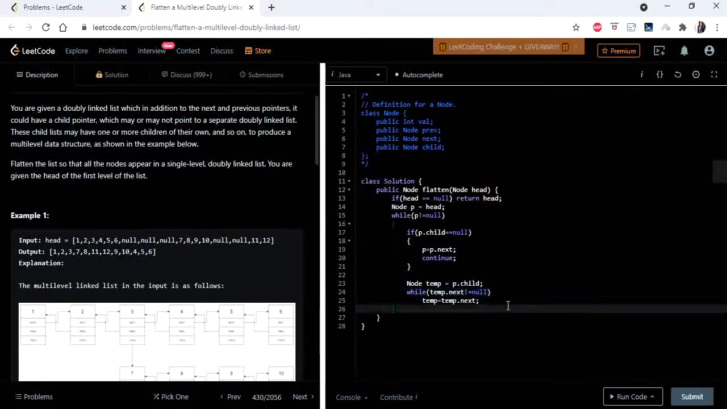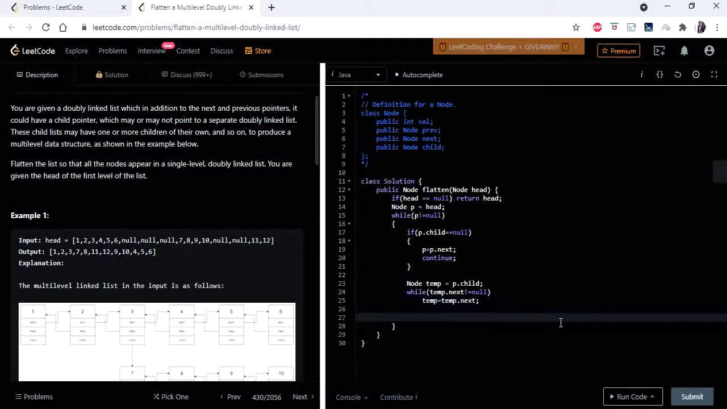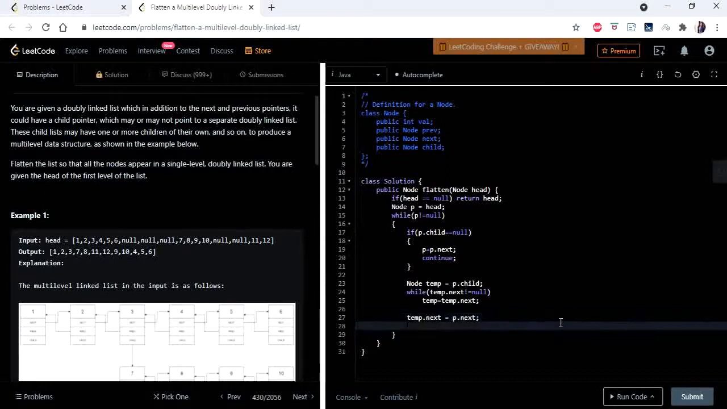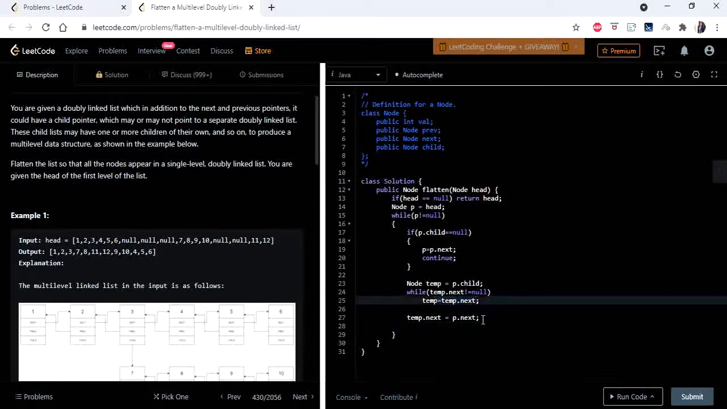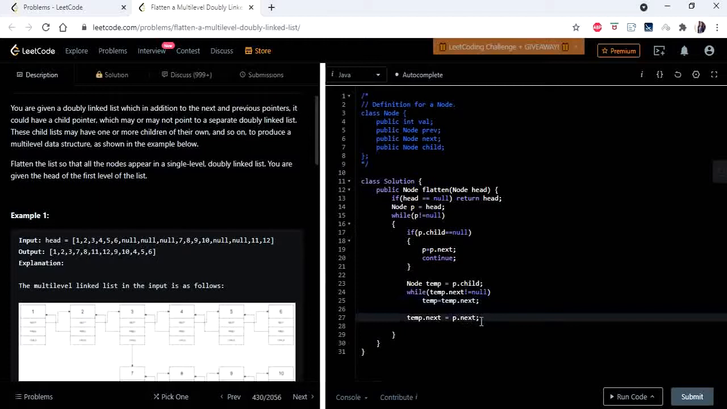Since it reached the null, it's time to connect temp.next to p.next, because we kept our pointer p towards the previous node. So as I said, we are going to connect temp.next is equal to p.next. And we are also going to check if p.next is not equal to null, because in some cases our p, the last node in our list, might have a child. So we have to connect the last node of temp to null. If there exists an extra node next to p, then only we have to connect it to its previous. So we are going to check